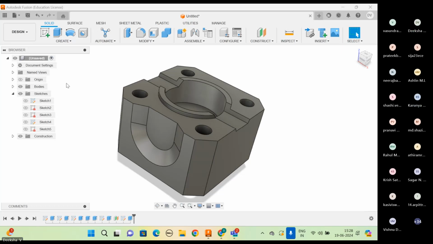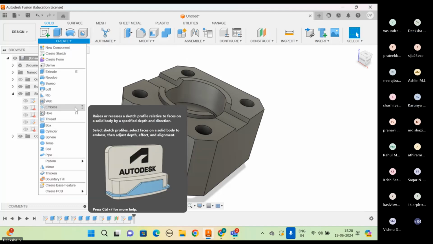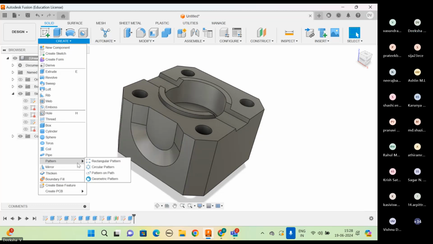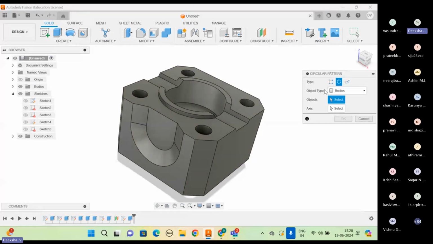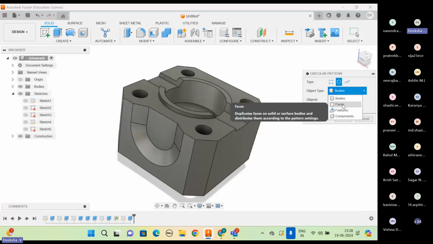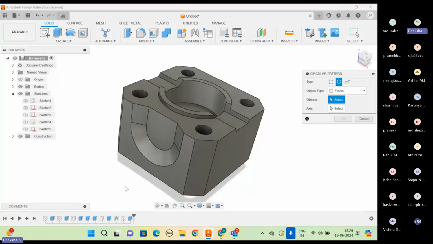Okay. So to use our circular pattern option, go to create and go to pattern, and here select circular pattern. Here it will ask you object type, but we only want a few faces to be patterned and not the entire body, right? So in object type, under the drop down, select faces. Once you select your faces, you will have to select which faces. So we want these 4 faces to be patterned on every side. So select your 4 faces,